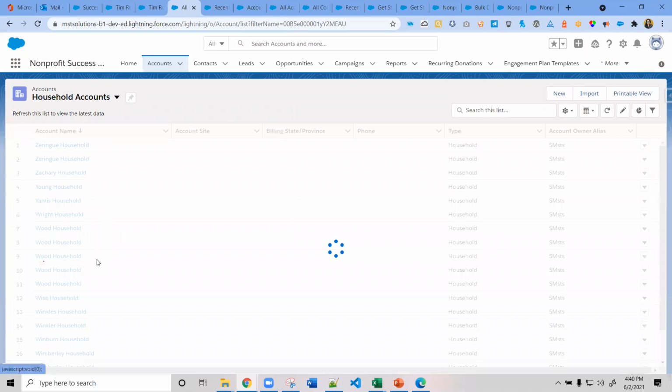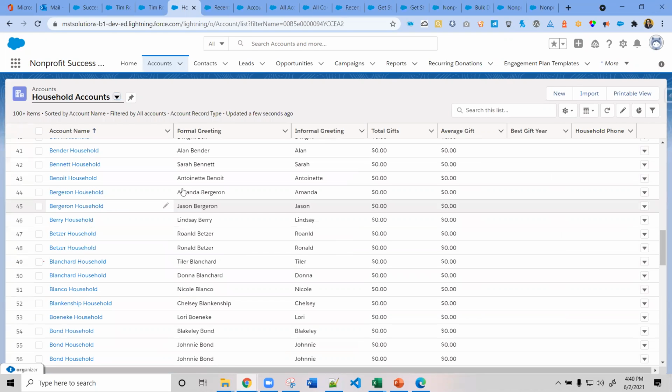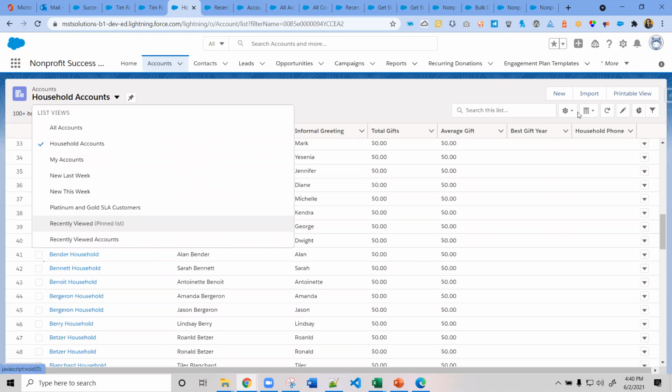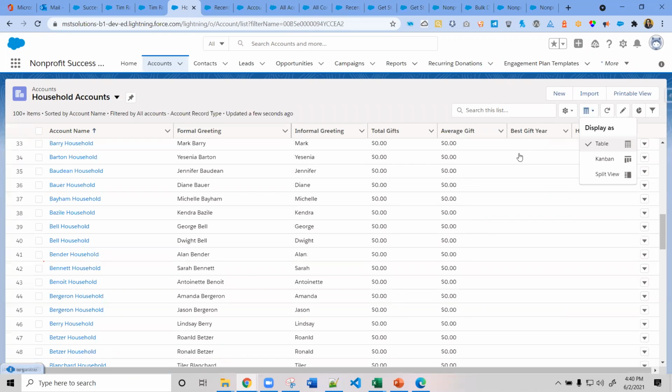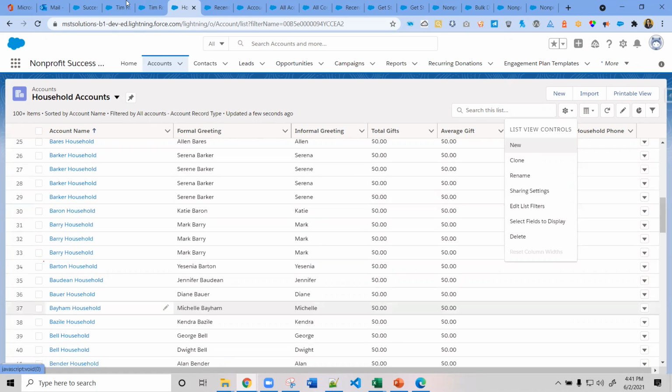If you go to the household accounts, we can see what households got created, and we can also create an organization list view here by clicking the new list view control and filtering by record type equal to organization. We can see all the organization accounts here.